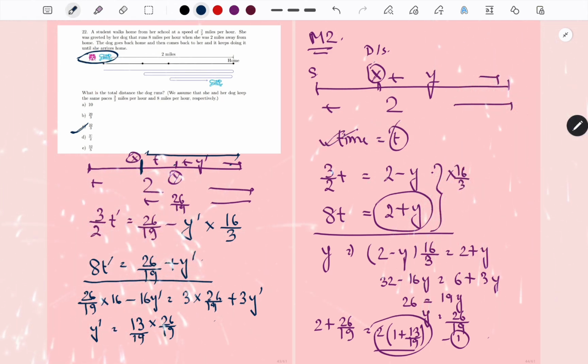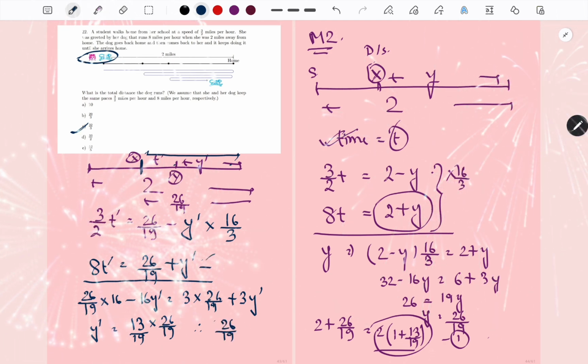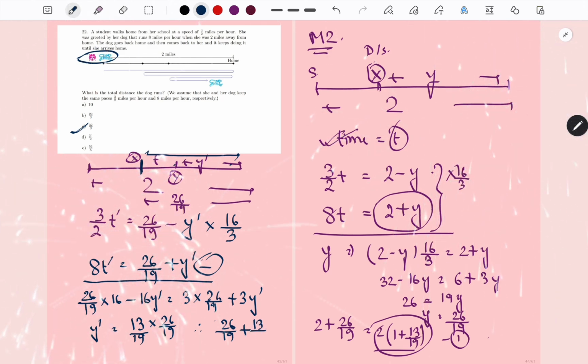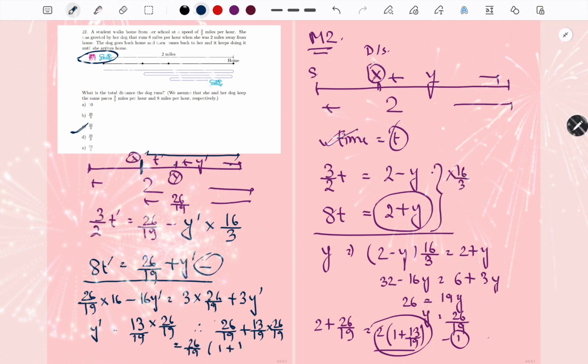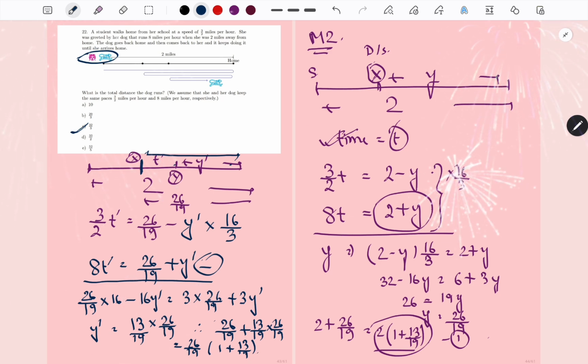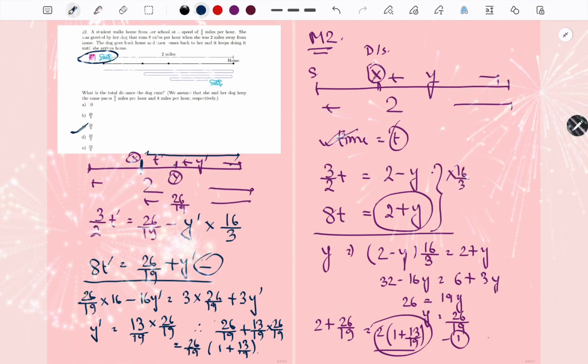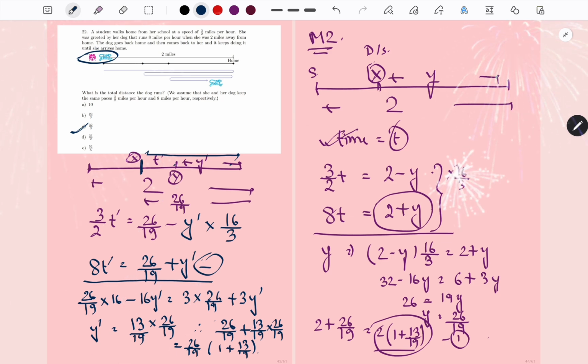We'll solve this again. So what is the total value? The total value that the dog runs will be 26 by 19, plus y dash. So what is y dash? 13 by 19 into 26 by 19. So this value is 26 by 19 into 1 plus 13 by 19. So again it can be written this way. If I take the consecutive value now, it will again be 1 plus 13 by 19 and some other value. So in general,